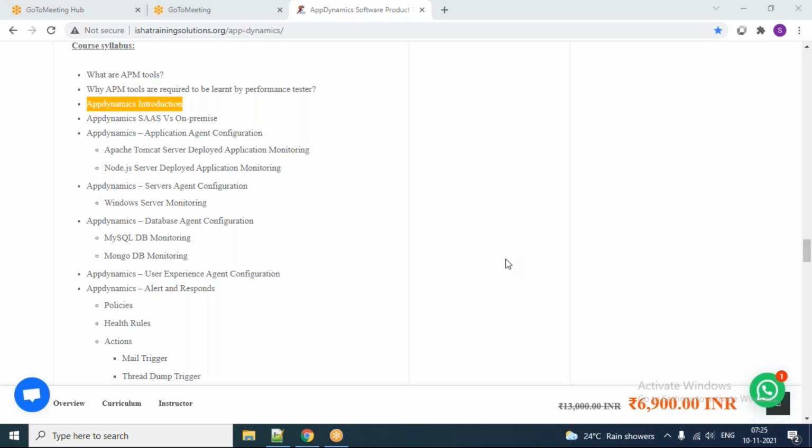Okay, I'll ask this question in the forum. Why are performance testing tools not providing these browser metrics? Anybody can answer. Any idea?